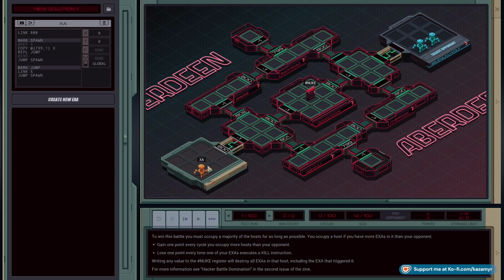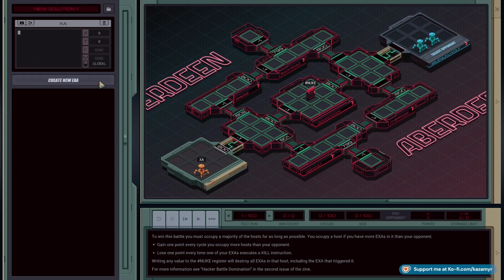Yeah, we've got 9 nodes. So I think really we've got a size of 100. So if we link 800 with the main one, and then this one spawns, we really just need to send a node everywhere. So we will send